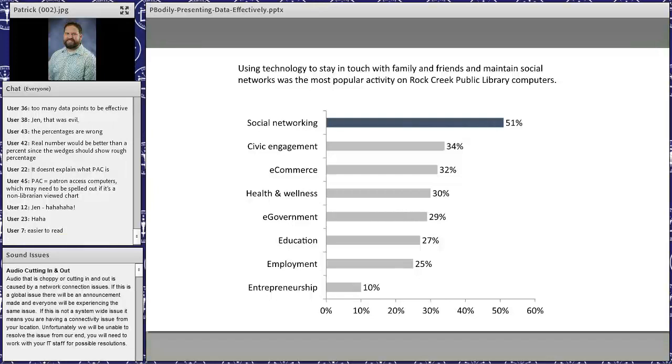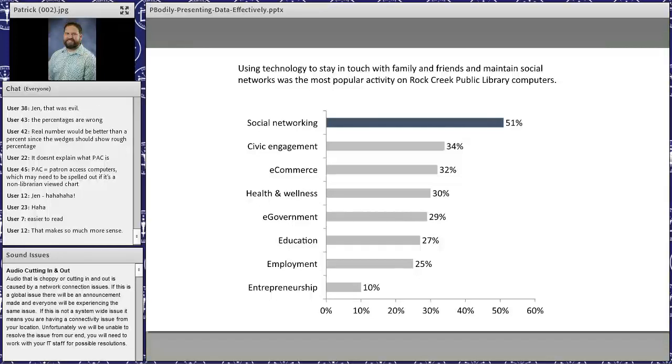And some people, again, are going to be using those computers for more than one thing, right? It's not like I only come to the library and only look up government resources or only do school. Everyone's going to be doing multiple different things, so they could have answered more than one thing, right? And so because of that, we want to remember on the left side, always start our graphs at 0%, and then it helps prevent false readings.